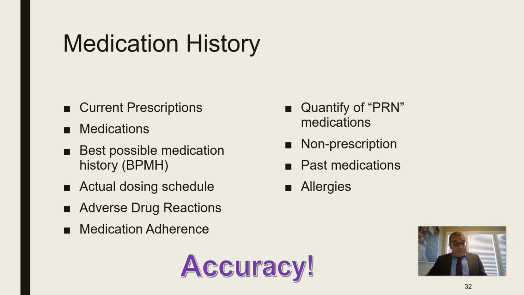Again, finally, medication history includes the patient's current medications, previous medications, PRN medications and the quantities needed with actual schedule, and also non-prescription medications, herbals, and any supplements as well. This is in addition to the patient allergies. And the most important piece here is accuracy. When we document, you need to be very accurate regarding the name of the medication, the dose, frequency,